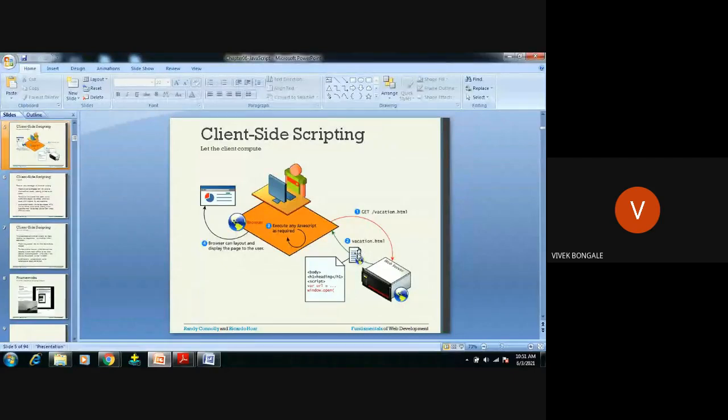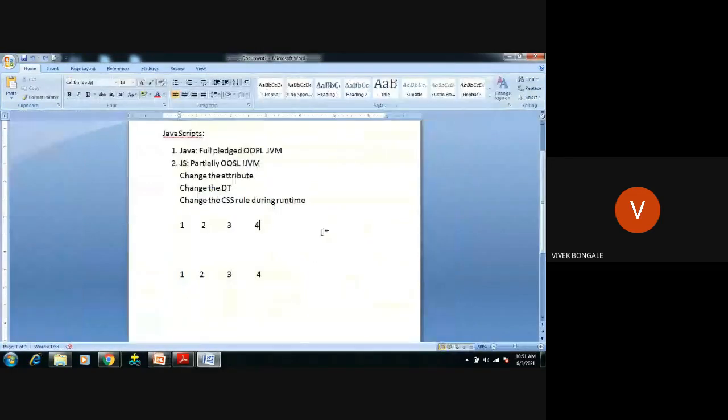In this web page you can see a script in angle brackets. In HTML, JavaScript is shown in the form of a script tag and an ending script tag, the same way we did for forms and tables: table open and table close.